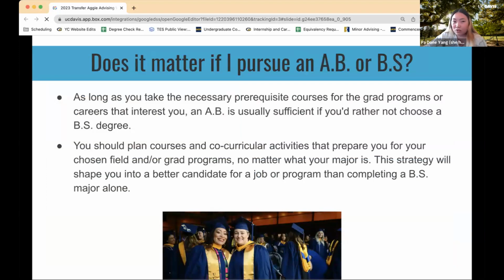So some of you might be interested in graduate school and are wondering if it matters whether you should pursue an AB or a BS. And the answer is generally it doesn't matter. You can choose either an AB or a BS. It's actually more imperative that you focus on completing the prerequisite courses that are necessary for those graduate programs that